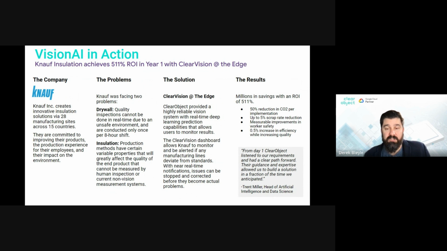We have this manufacturing process today with a lot of variation, and we don't have a good way to understand the variation without intermittent checks by a human in a bad health and safety environment. The solution we developed is a vision solution using a product offering we call ClearVision at the Edge, which is an inference engine. It's basically the AI that sits at the edge, meaning all the compute occurs right there in real time, so you don't have any latencies and information can be fed back to the process.